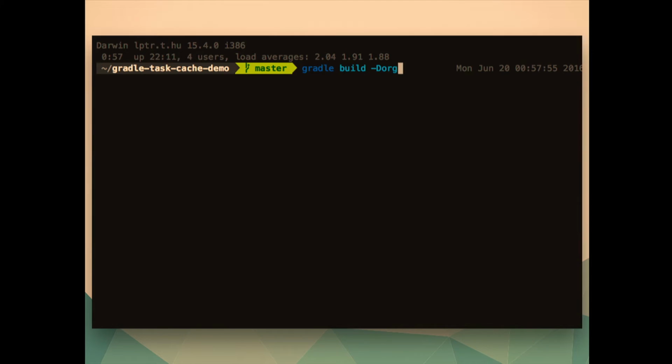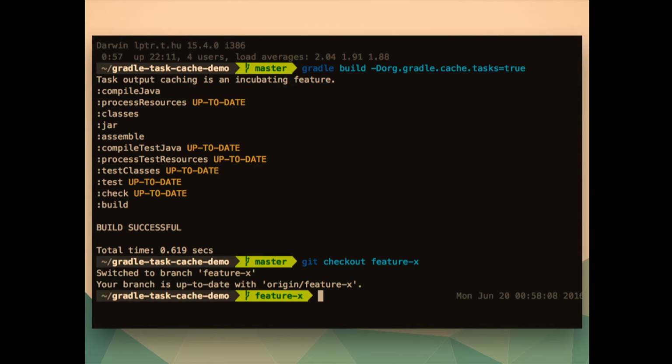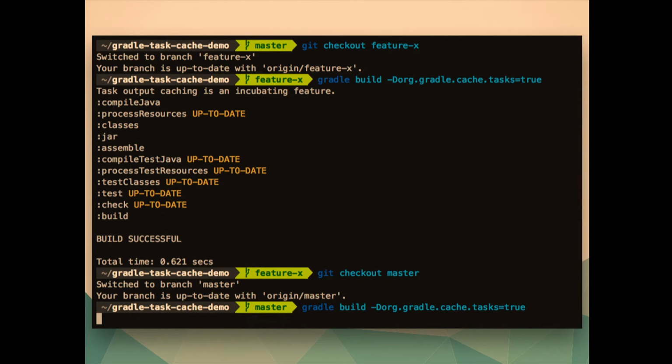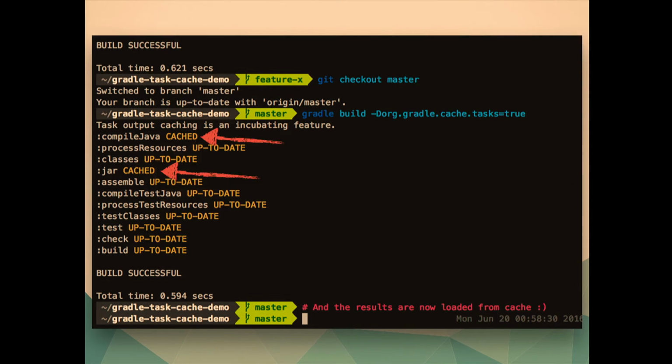We again build the master with the cache turned on. First, nothing surprising there. The same things need to happen again. Okay, so yeah, this is the important bit where we rebuild master again when switching back from the branch. And of course, the nice thing is that compile Java and the jar task now are loaded from a cache. So basically nothing happened in this build. All the tasks were either already up to date or were loaded from the cache, and we saved exactly 0